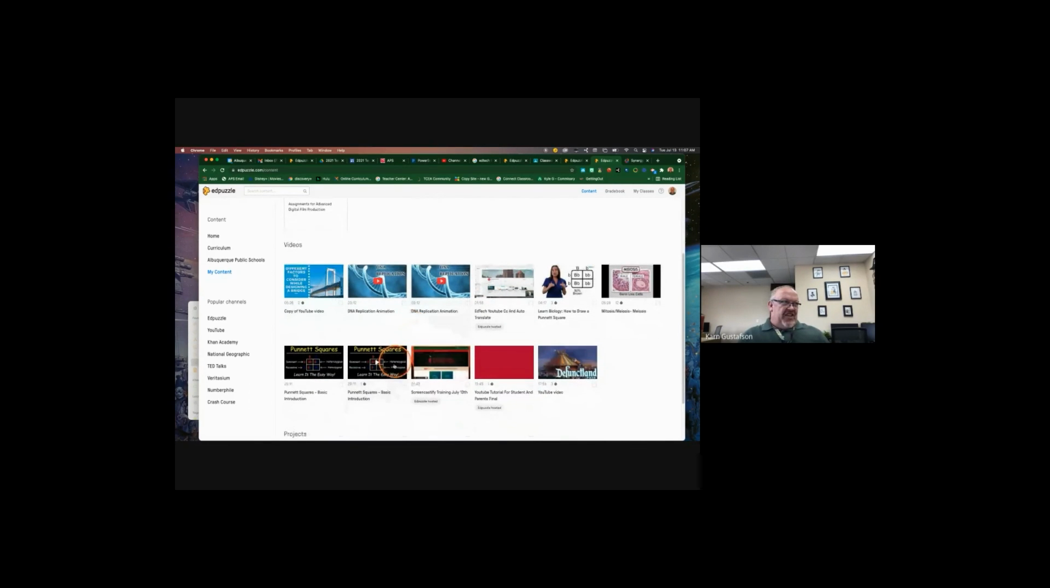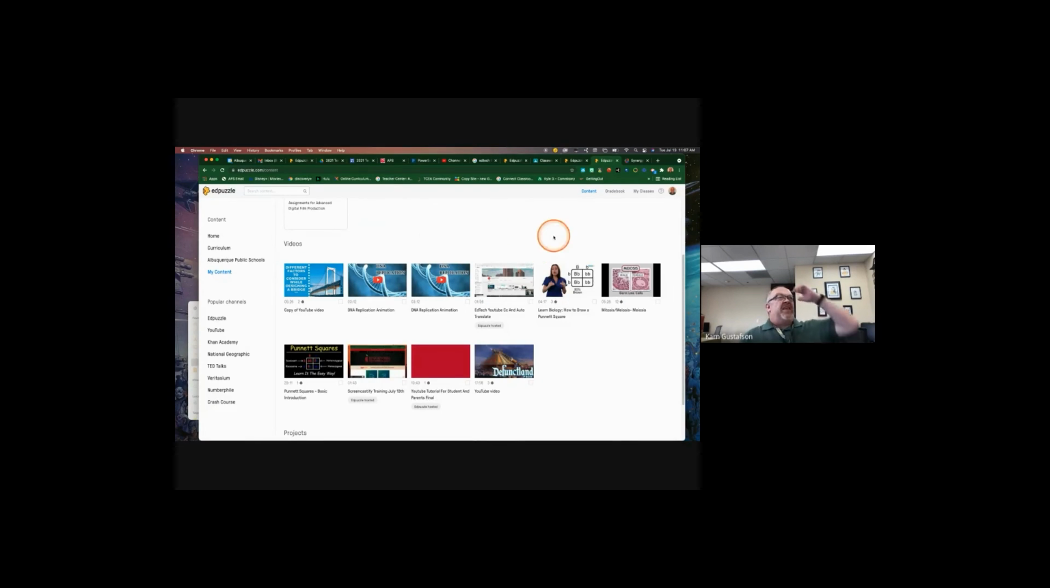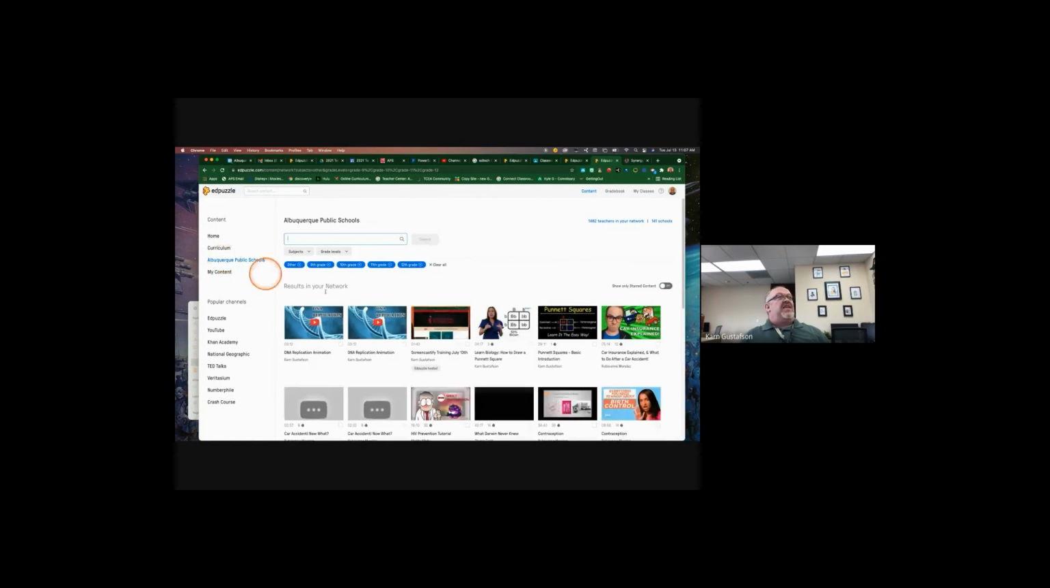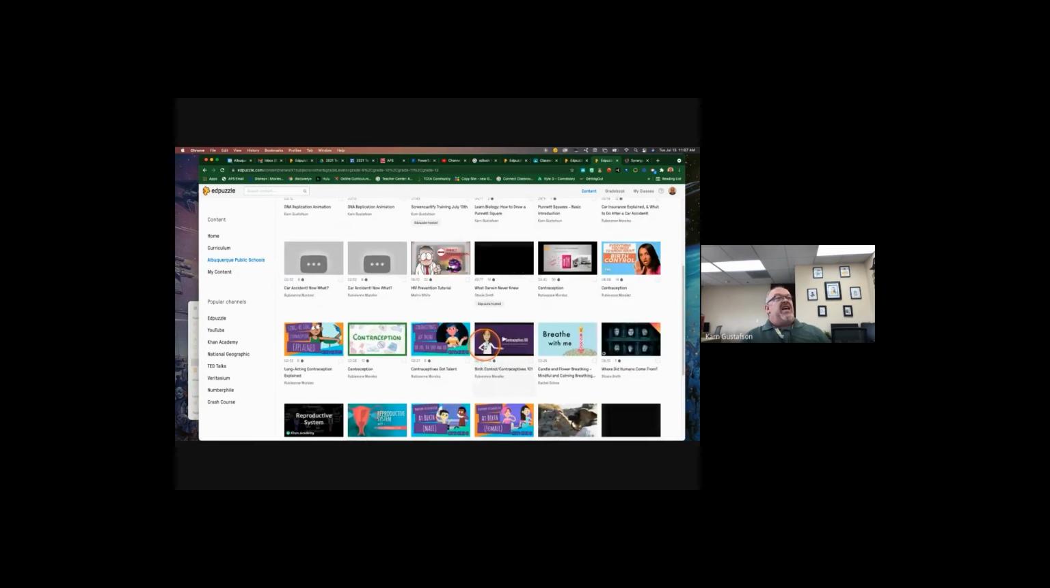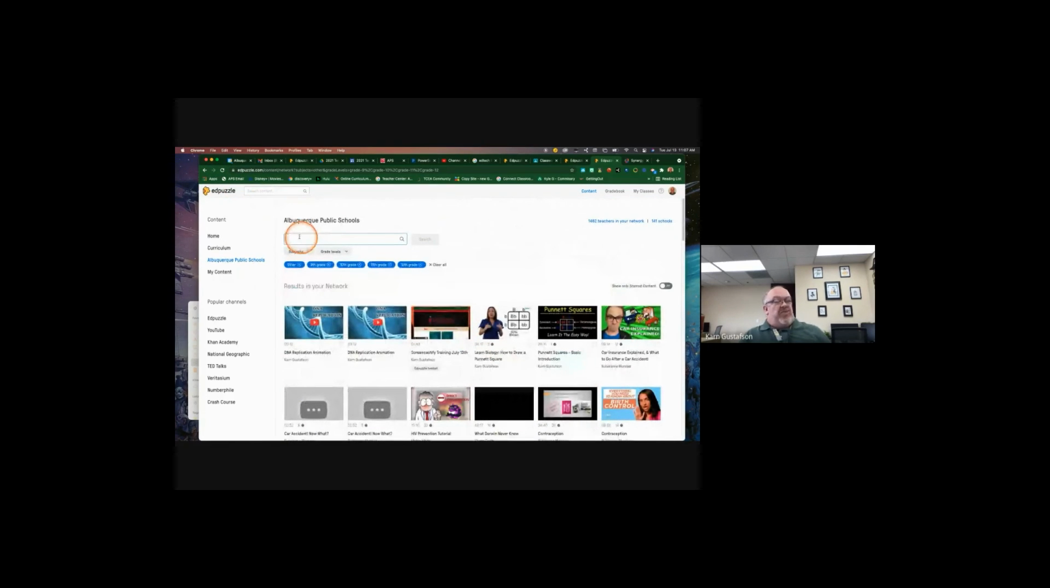All right, so managing this. This one has 1 question. I don't want this, so I'm going to check mark it and delete it out of my content. But they're all still saved here in Albuquerque Public Schools. You can see there's the DNA, there's the Punnett squares, all that stuff that I just did has been added here to APS. I can search within APS for, let's see,